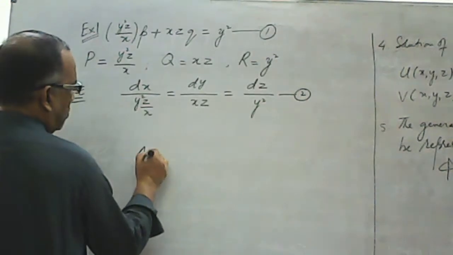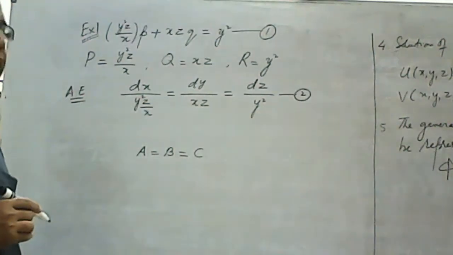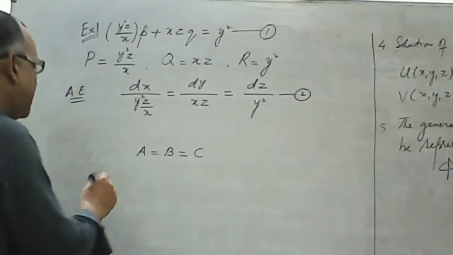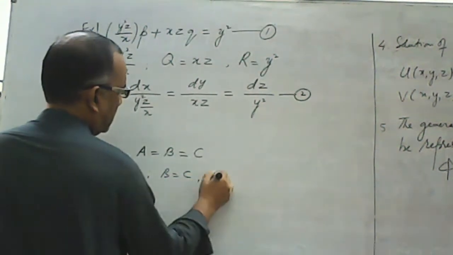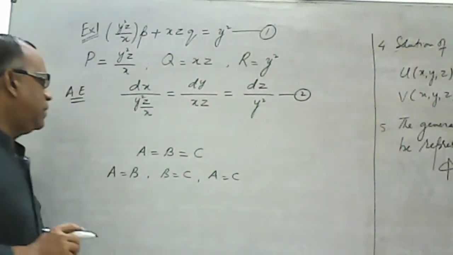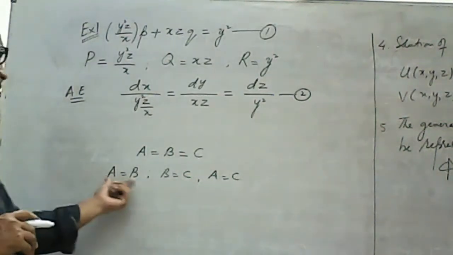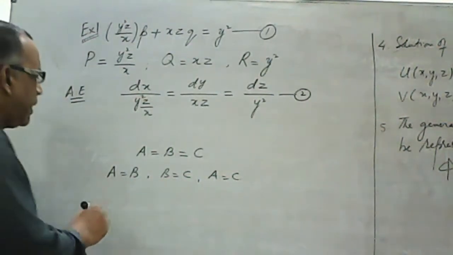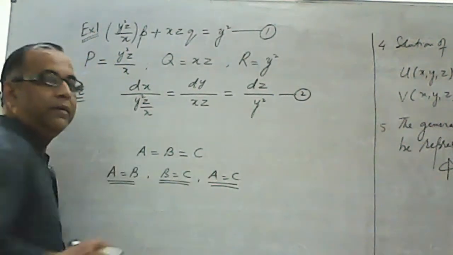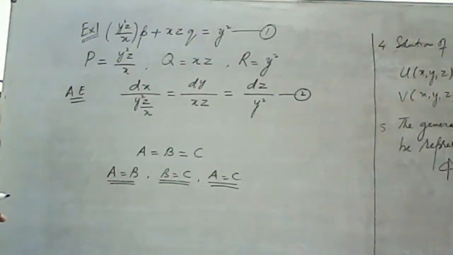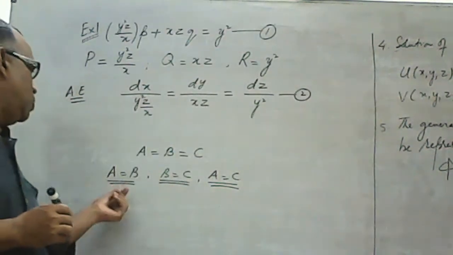We generally know that if someone says A equal to B equal to C, and we need to prove that A equal to B equal to C, then the possibility is to make 3 pairs. We know that A equal to B equal to C means A equal to B, or B equal to C and A equal to C. So there are 3 possible pairs, and if we are able to prove any two, then it will be enough to show that A equal to B equal to C. It is not mandatory to prove all 3.